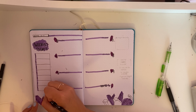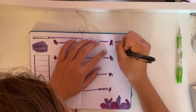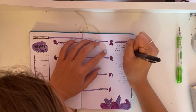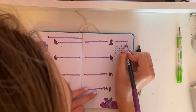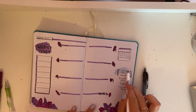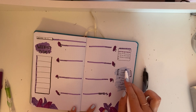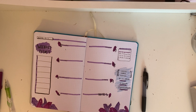So now I'm just adding some crystals to the bottom to just spice up the page a little bit. And now, sorry for my head once again, but I'm just adding a little calendar to the top corner and then highlighting the week that we are currently in just for some reference. Now I'm adding a quote that you can read right here. And the quote is, you must make a choice if you want to take a chance,